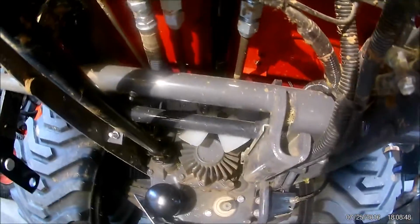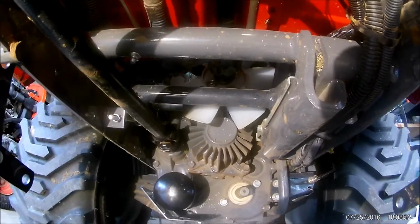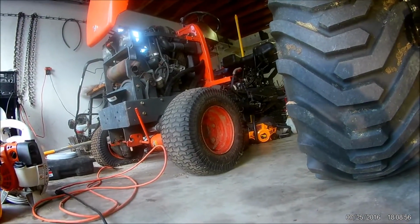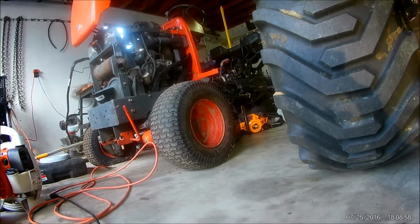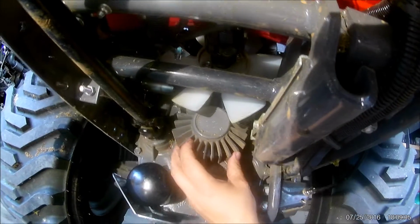Looking at the tractor's underside, one thing I really wanted to show. I do a lot of work on the little Kubota tractor. Here's one I'm rebuilding, reworking. It's got a bad transmission. I see this all the time. This is the transmission